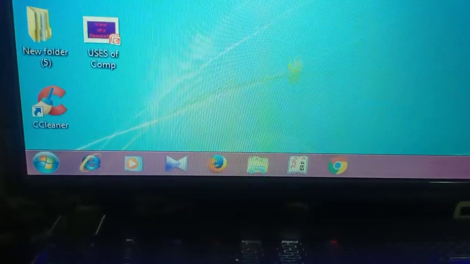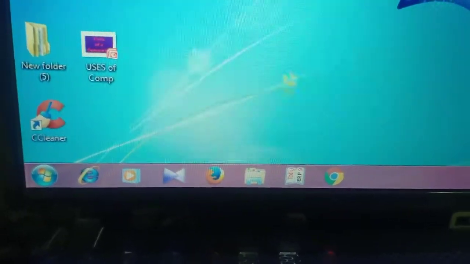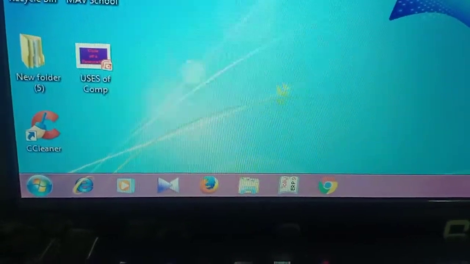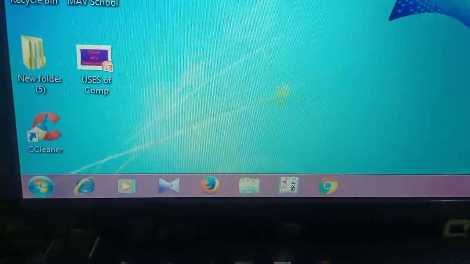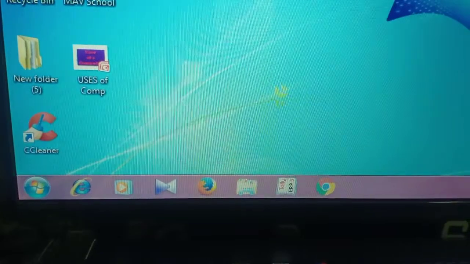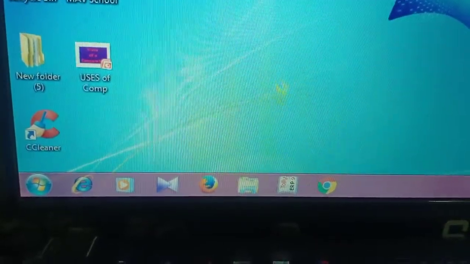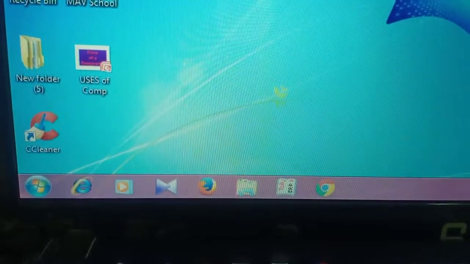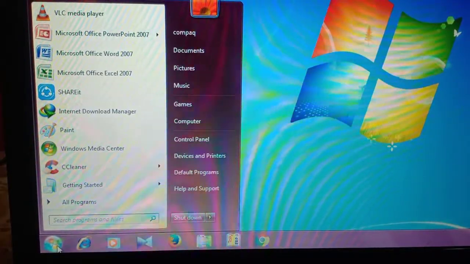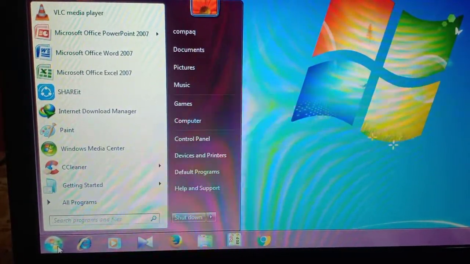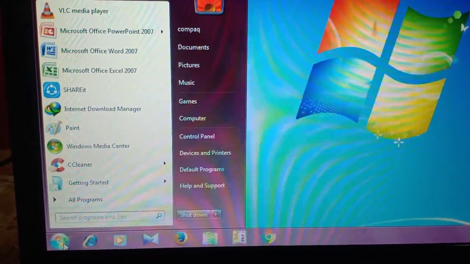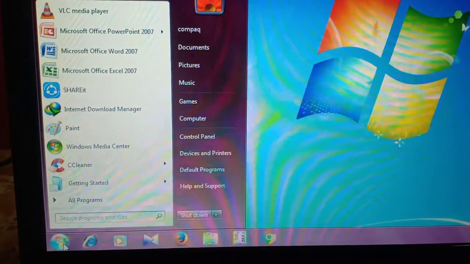Now see, the first one is your start button. The start button is present on the left corner of the taskbar. By clicking on this button, you can explore all the computer's applications and programs. See, here are all the programs and applications installed inside the computer.